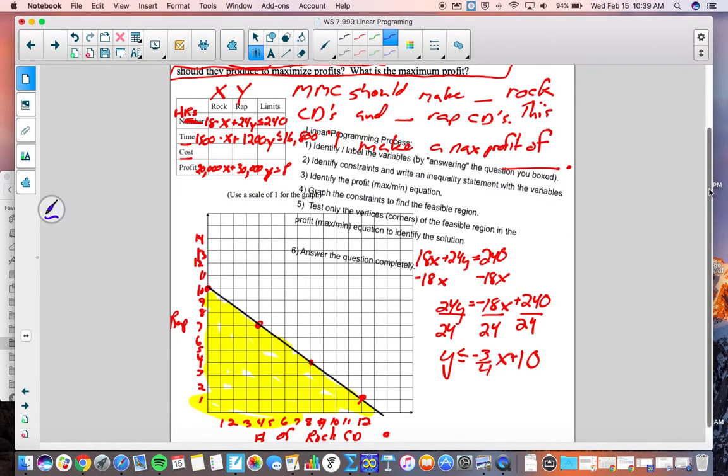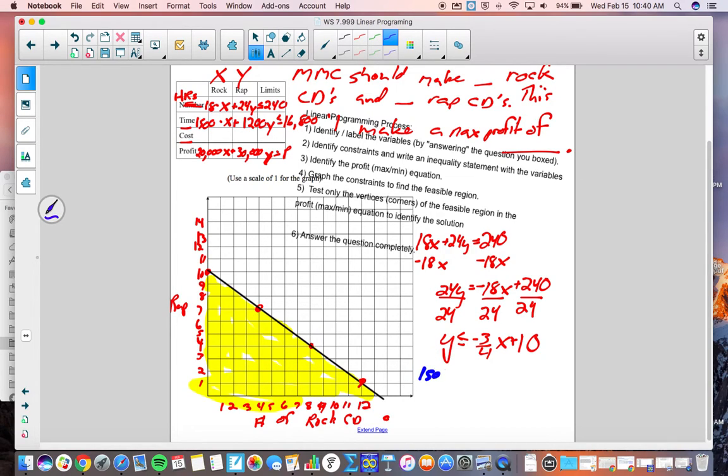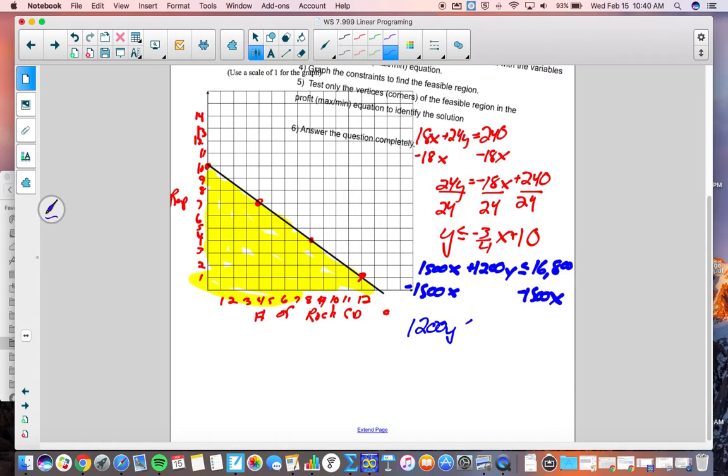I'm going to write this one in blue. So we have 1500x plus 1200y is less than or equal to 16,800. So we'll subtract off 1500x. Let's put our x value first. So we get y is less than or equal to negative, if we divide that by 3, we get negative